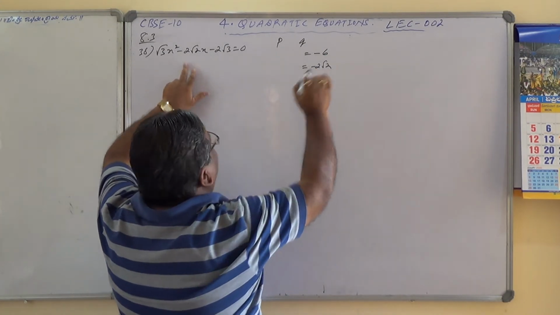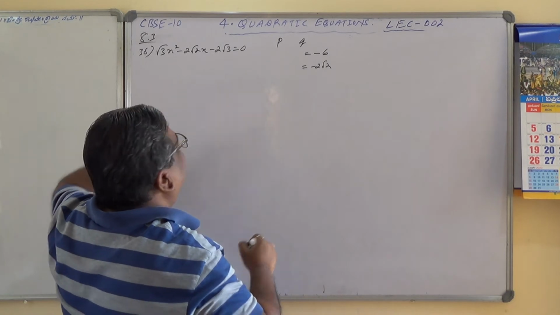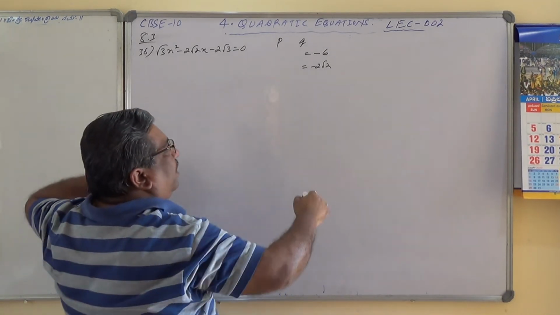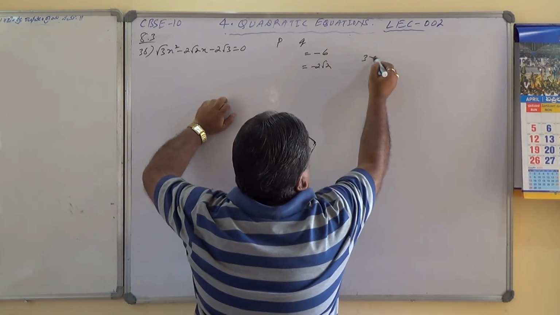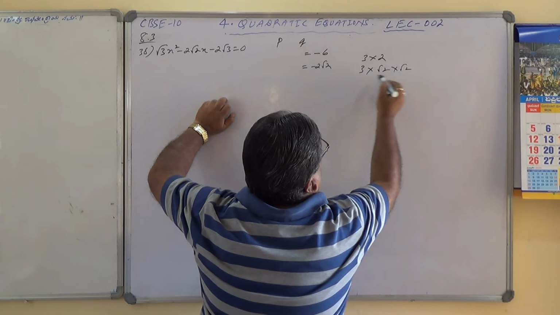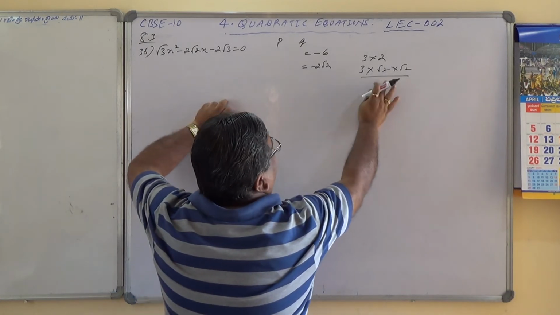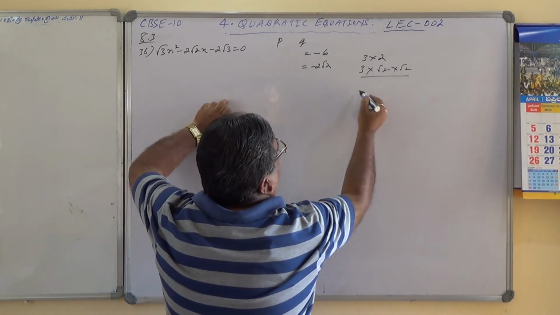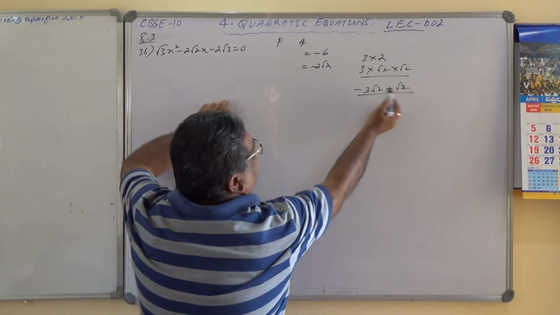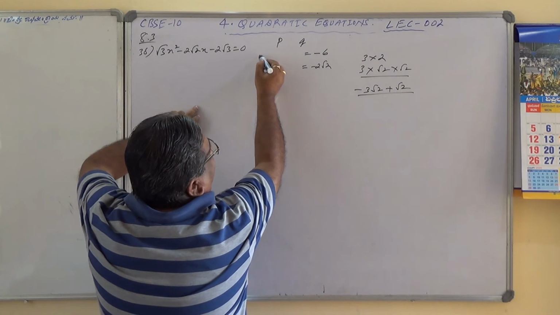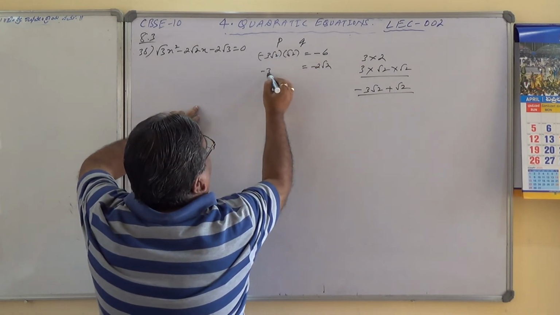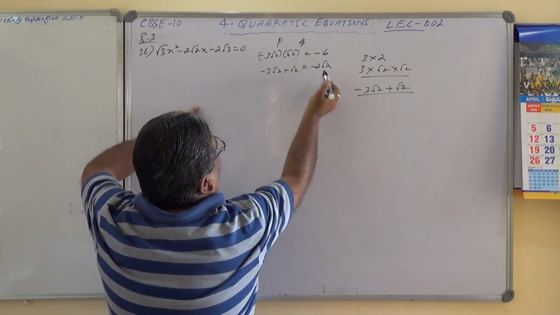So this 6 should be, I think we had solved this one. Okay, let me solve once again, even though 6 should be expressed in terms of root 2 here. So 3 into 2, 3 into root 2 into root 2 are the factors. I have to reorganize this to get minus 2 root 2 here. So minus 3 root 2 plus root 2, and this into this is minus 6. Minus 3 root 2 into root 2, minus 3 root 2 plus root 2. Perfect.